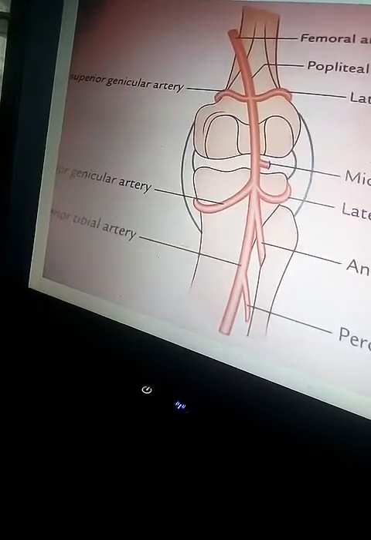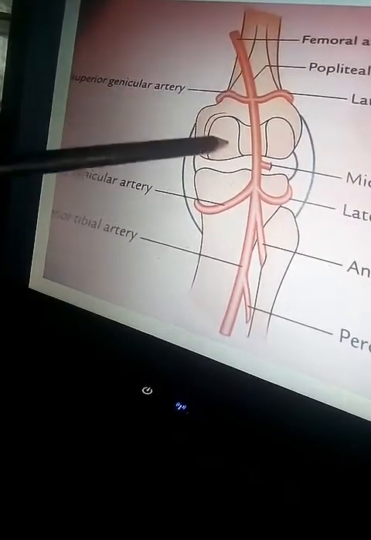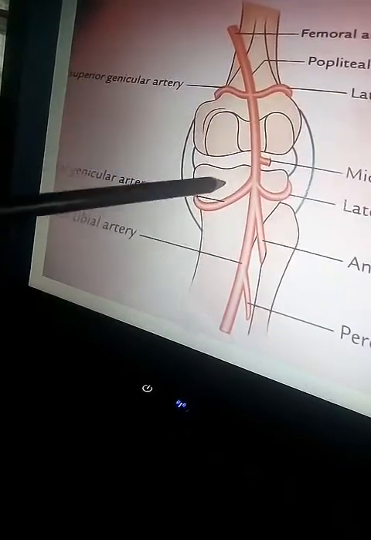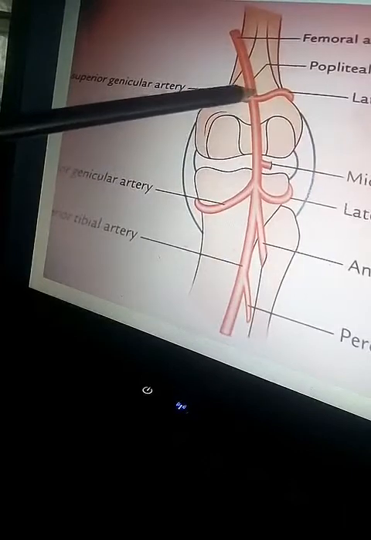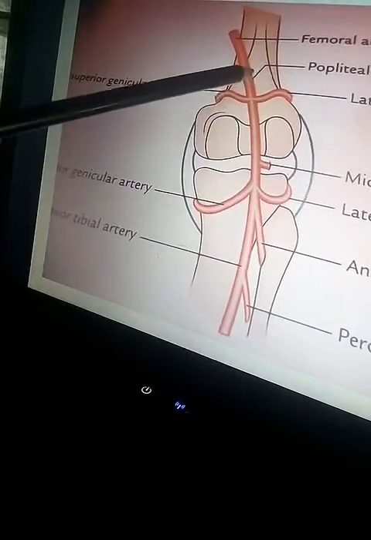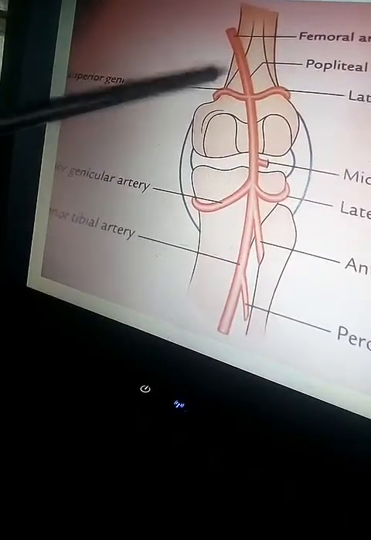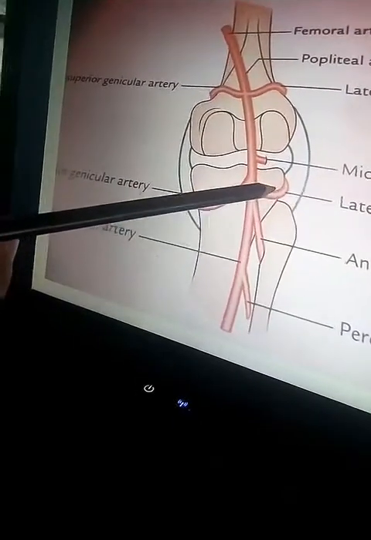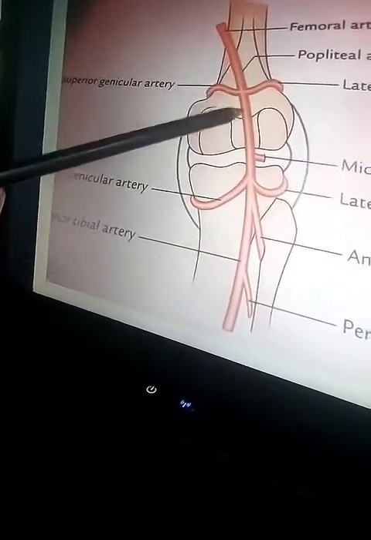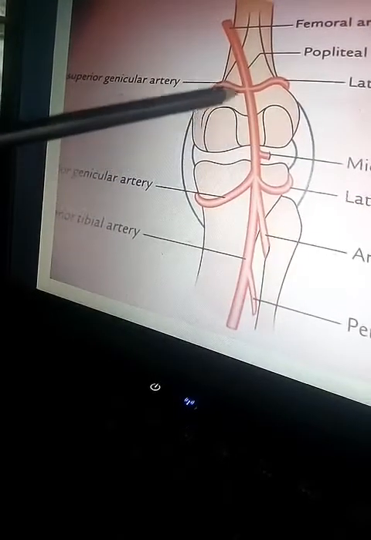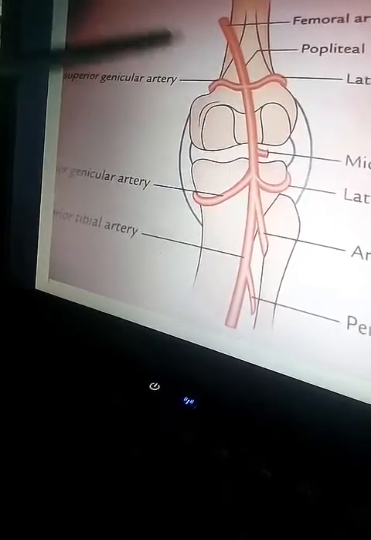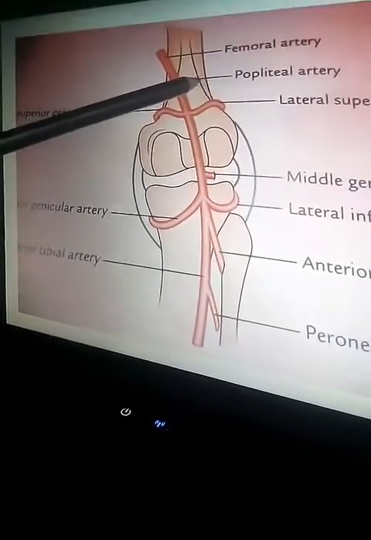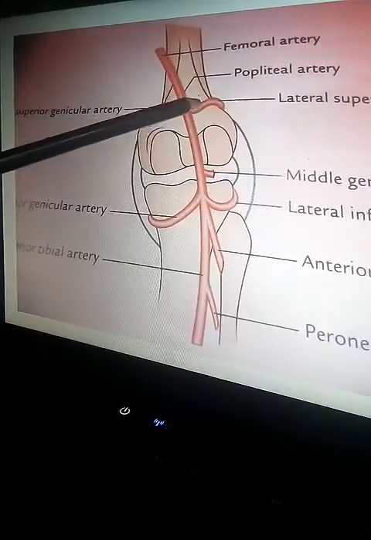Now genicular or articular branches. They are 5 in number and supply the knee joint. Superior medial and lateral genicular arteries, inferior medial and lateral genicular arteries and middle genicular artery. The superior medial and lateral genicular arteries wind around the corresponding side of the femur